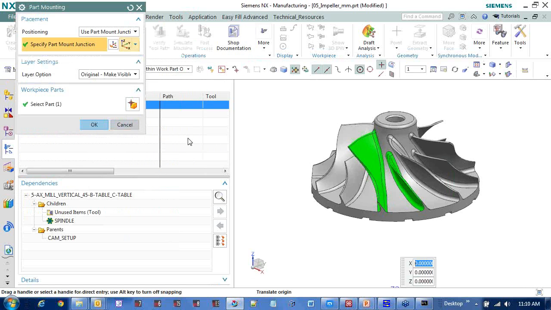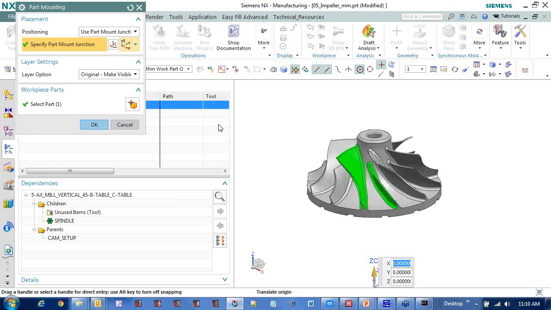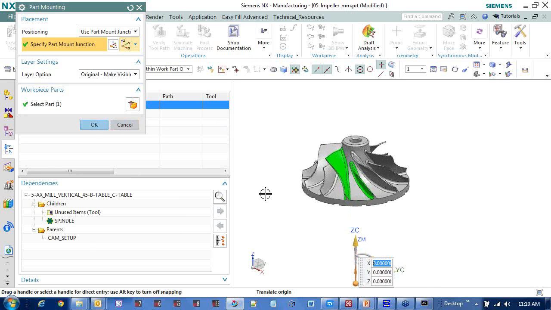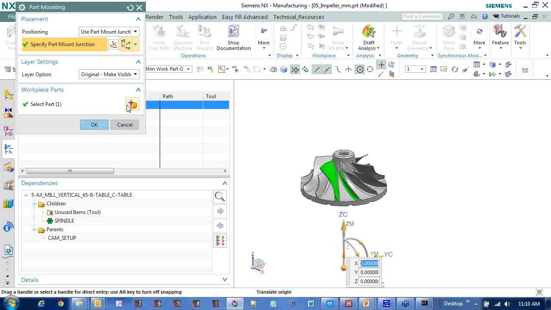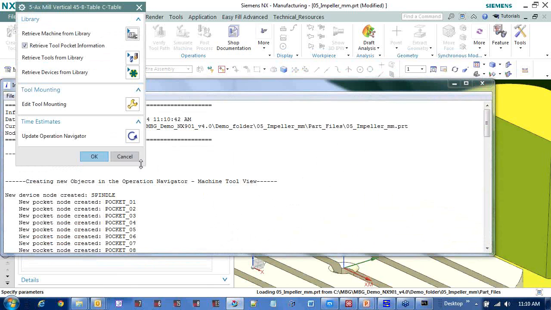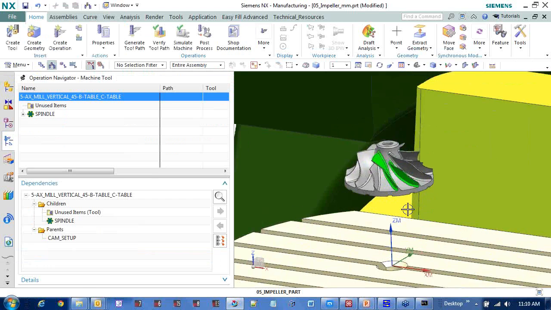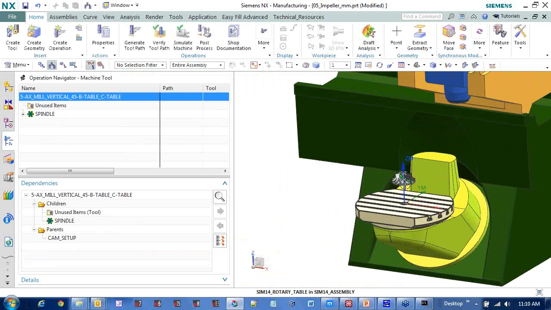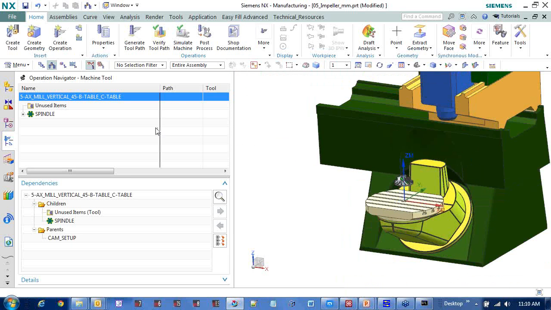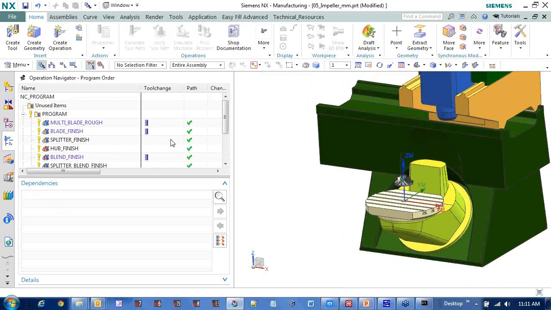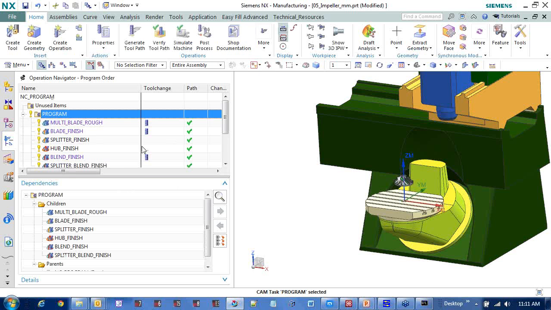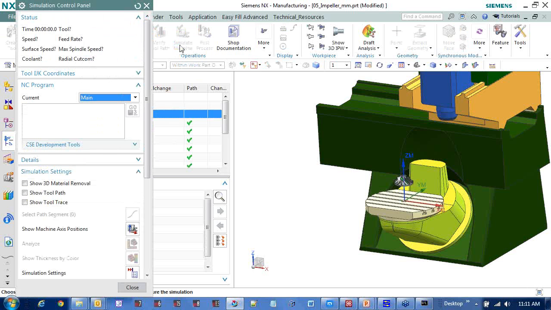Okay, so I pick the machine, and the next thing I need to do is put this part on the machine. So I'm going to plop this down on the machine, and I'm just going to leave the settings the way they are there. Since I didn't mount it to the base, it's kind of floating, and I don't have the fixture showing. So just imagine there's a fixture there. Now we have our machine, we have our part, we have our program, and we can simulate. So I select the NC program and click on Simulate Machine,